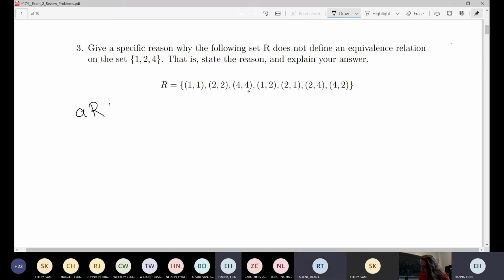So for transitive, if we have A related to B and B related to C, then we need A related to C. In the lecture, I think we said there aren't any transitive cases. But here we actually have one possible transitive case. We need to look for something where A is related to B and B is related to C. Well, we have 1 is related to 2 and 2 is related to 4. Since those actually appear in our relation, we have a case of possible